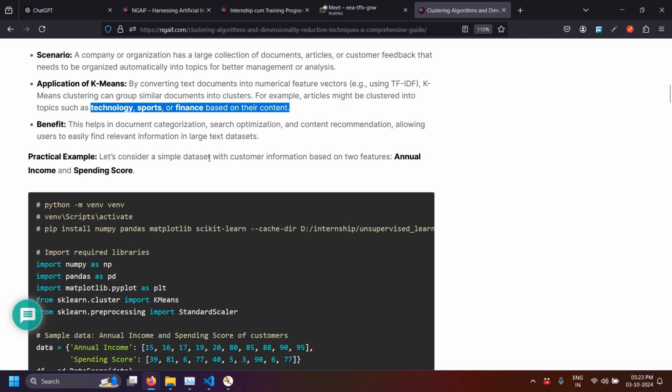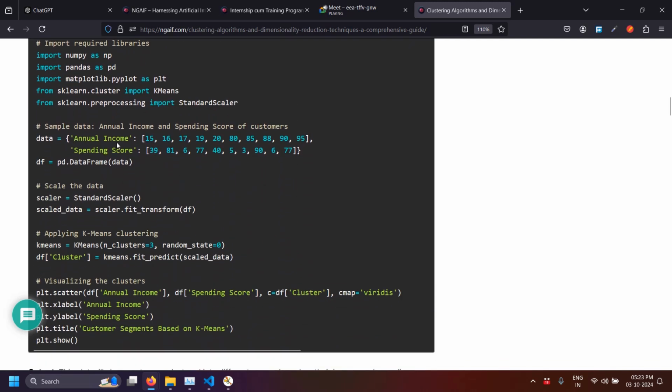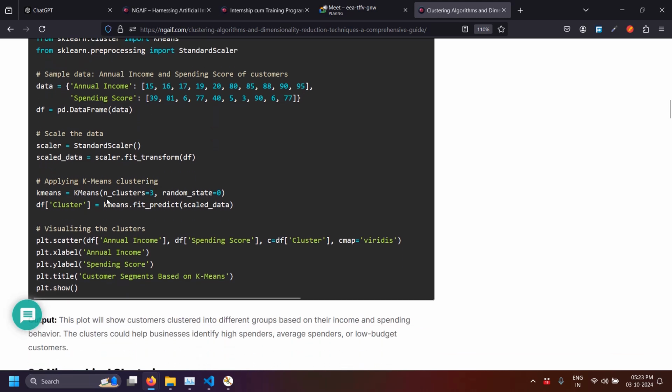So let's see this simple data set. So this is the data set. What it contains is annual income in the form of list and spending score. This is not a huge data set. I created this just to show you the basics. So annual income and spending score, then it comes in a data frame, then k-means clustering like this, and you can choose how many clusters you want to create, and the output,